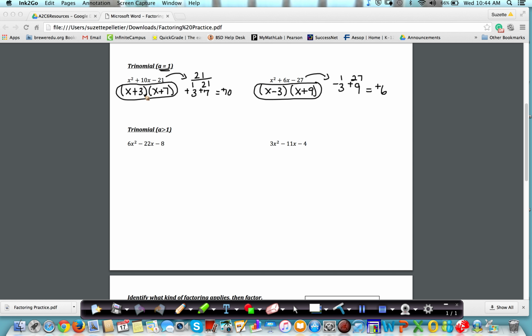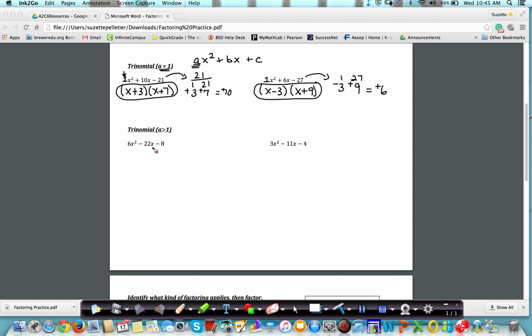Okay, so those are how you factor out the trinomials where a equals 1. And when I say a equals 1, I mean this term in the front. Remember that trinomials are ax squared plus bx plus c in standard form. So I'm saying if this coefficient in front of my x squared term is a 1, so this is a 1, and this one's also a 1. So these are a equals 1